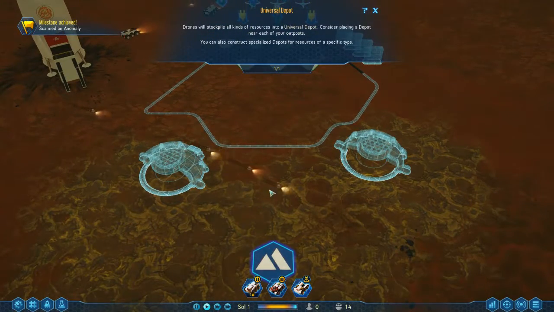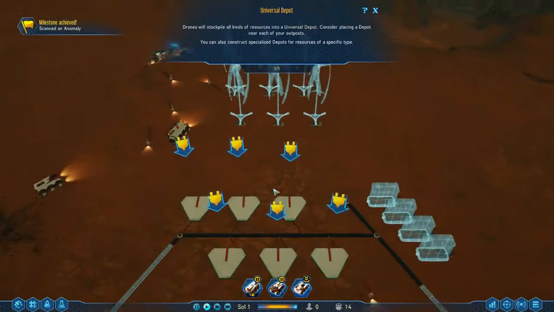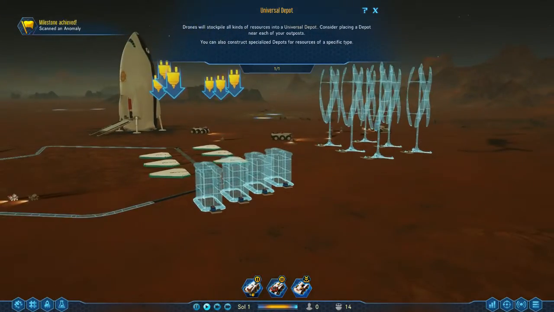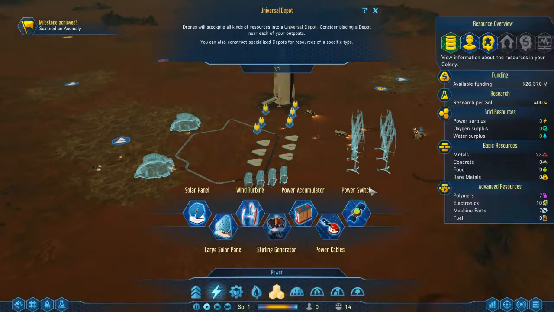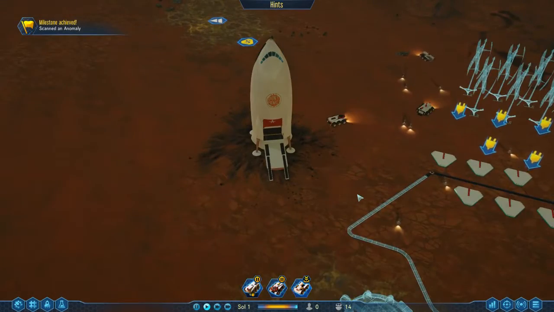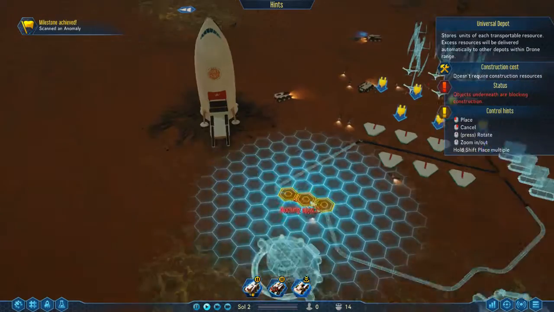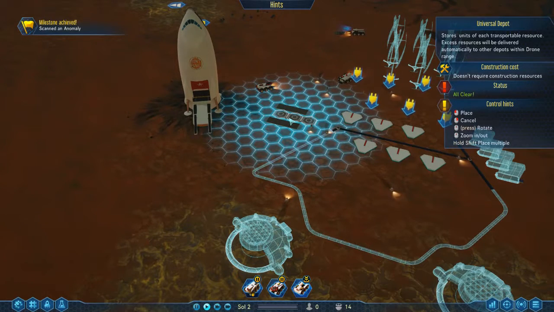Okay, so the drones are busily rummaging away. Fortunately, we're getting no power at the moment because it's nighttime, and we didn't get the generators finished before the end of the day. Universal Depot: drones will stockpile all kinds of stuff. Let's get a Universal Depot up and running. Let's build some depots. I think depots are free, because they are literally just a designated dumping ground. So let's get a couple of those